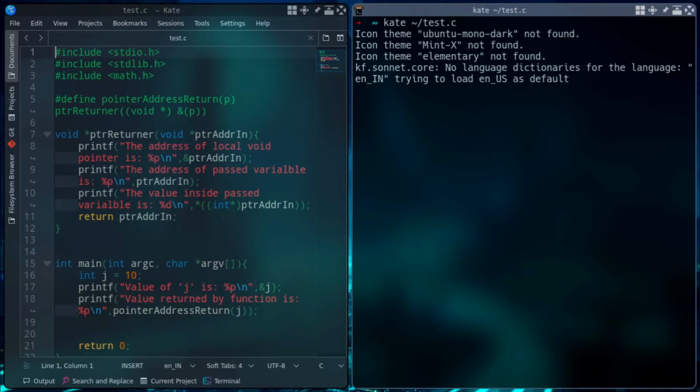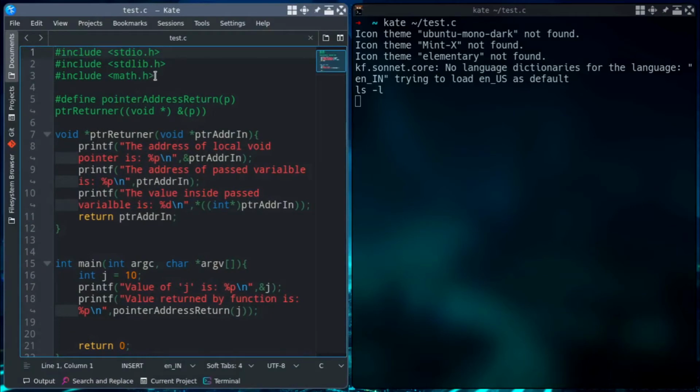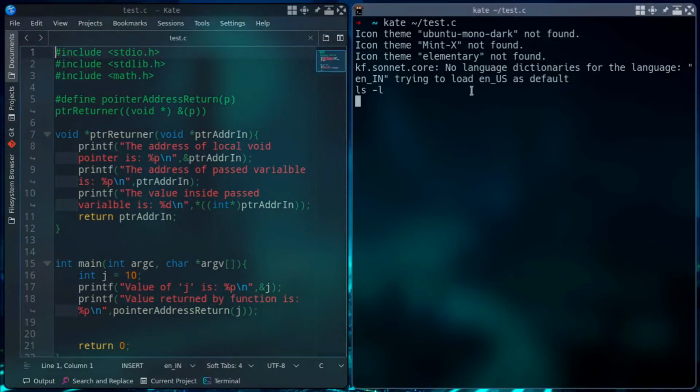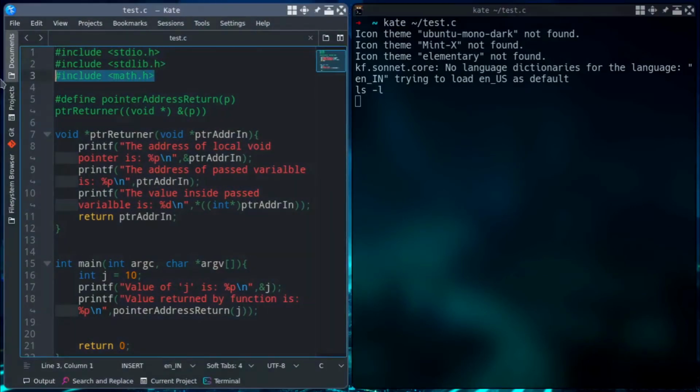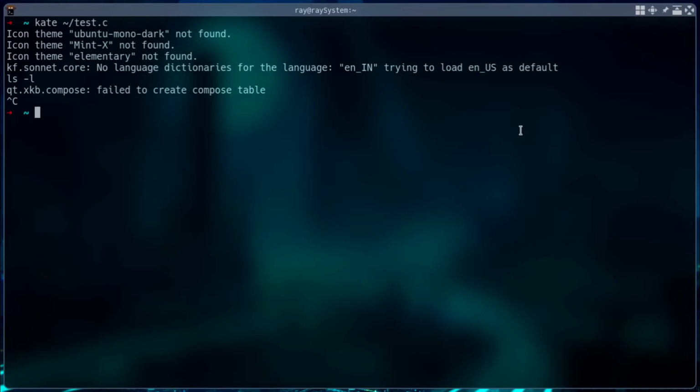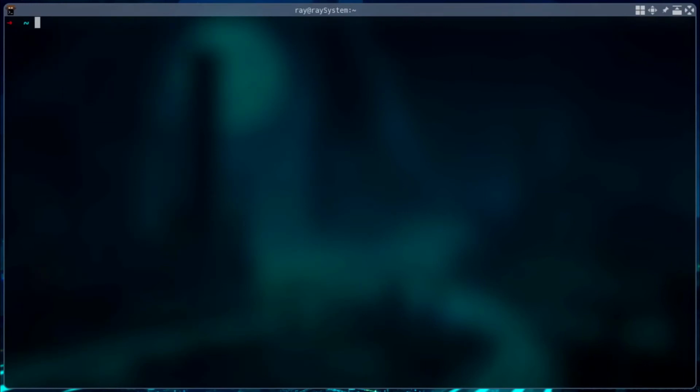Even if I type a valid command like ls -l, it won't work. One way is to terminate this program using Ctrl C. Pressing Ctrl C on the terminal will terminate the program. Before that, I'd like to mention that by launching this program, I can edit the text like this and save it. Once I did that, I can come here and press Ctrl C. This will terminate the program, but this is not what I need to show you.